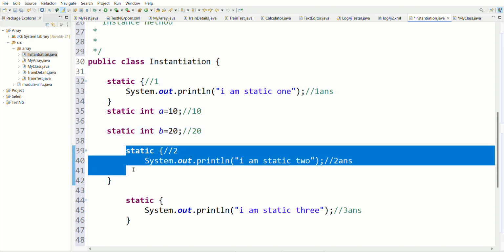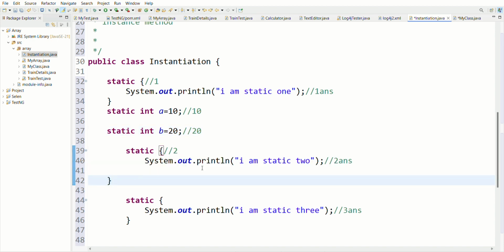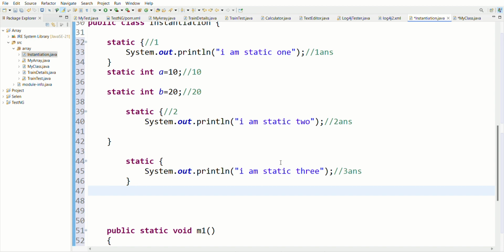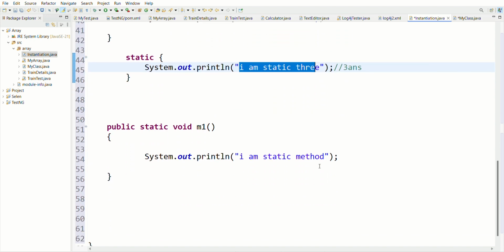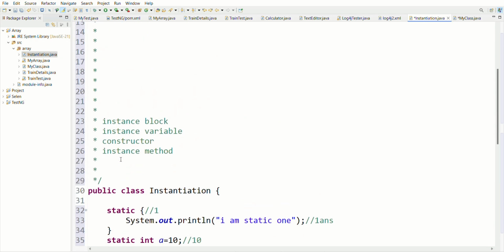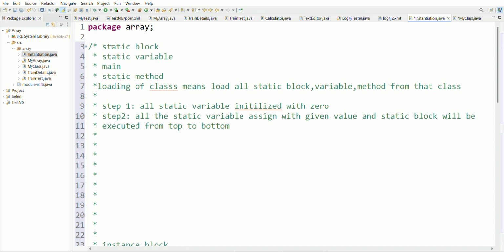Then this is my static block. It will execute it, and my second answer should be I am static 2. Now this is my third static block, and it contains I am static block 3, so it should be my third. And then this is my static method. This is not a static block. So at the first static block you have understood the two steps. Got it? Now the third step,